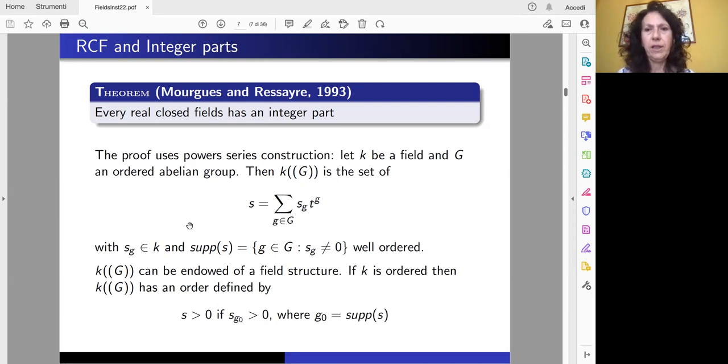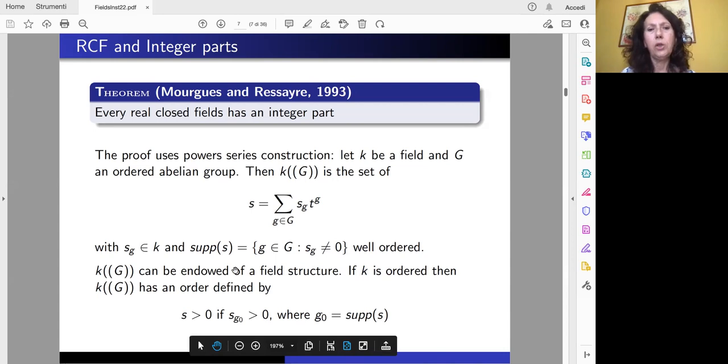If you take a field K and an ordered abelian group G, then we consider the field of power series where the support is the set of elements g of G where s_g is different from 0, and this has to be well ordered. This can be endowed with a field structure, and if K is ordered, then we can also define an order on the set of these power series,